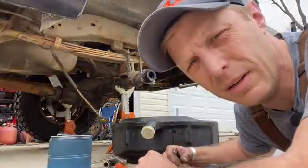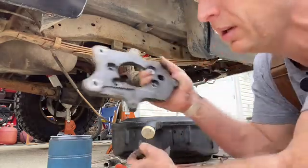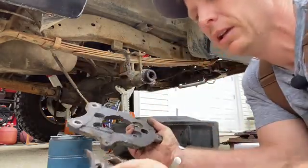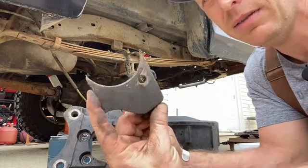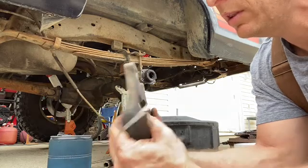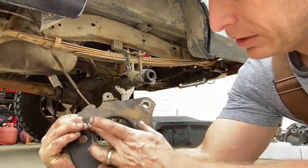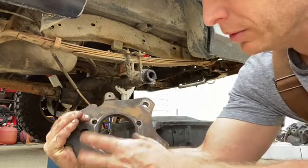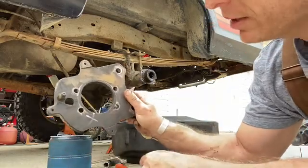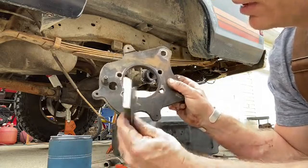That teardown catches us up with basically where we were yesterday to start putting everything together. Now we're at the point of cutting this next one. What I've done is I saved the piece I cut out. I know that this faces inboard, this faces the wheel. These are not perfectly aligned with each other. The top holes are wider apart than the bottom holes, so it has to go upright and it has to go facing this way. So if it has to go facing that way, that means I am cutting out